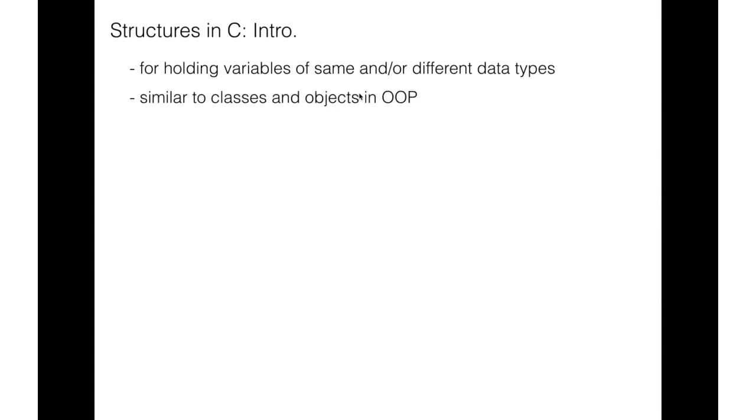You can think of structures in C as similar to classes and objects in object-oriented programming. To create and use a structure in C, we start by typing the word struct. Struct is a keyword in C. After struct, we type the structure name